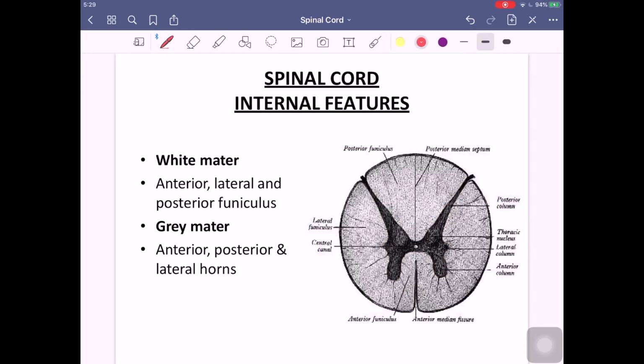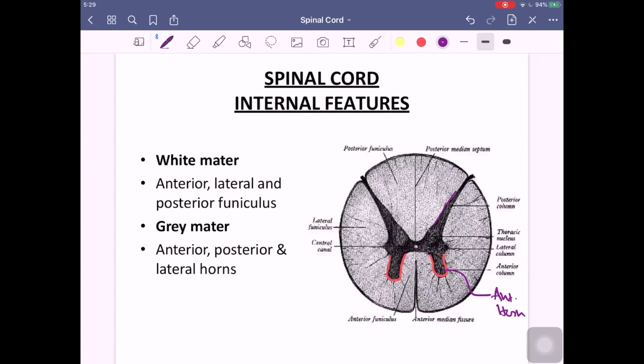So in this slide, now I'll highlight the anterior horn. This one is our anterior horn of one side, and this is the anterior horn of the other side. These are your anterior horns, also called the anterior column, but horn is commonly used for gray matter and column is commonly used for white matter, though both are interchangeable. I'll label this as the anterior horn, right and left, also called the motor horn, also called the ventral horn.